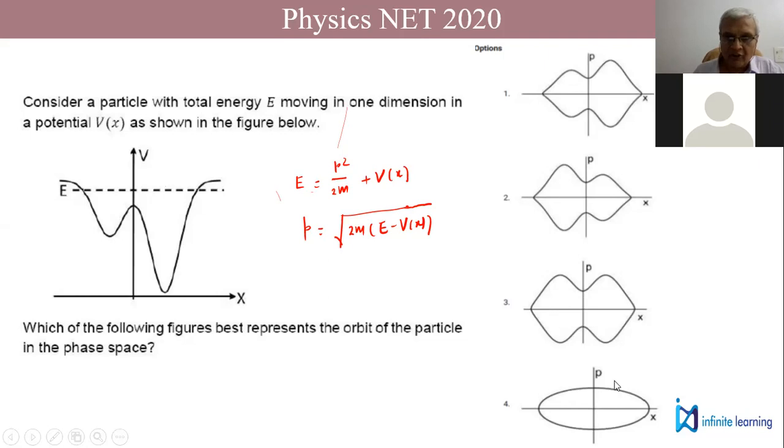Actually, this is homework for you to find out. If you take the harmonic oscillator potential, then you will get this fourth graph. But how, that you have to show me when we meet next time. Okay. So we'll go to the next one.